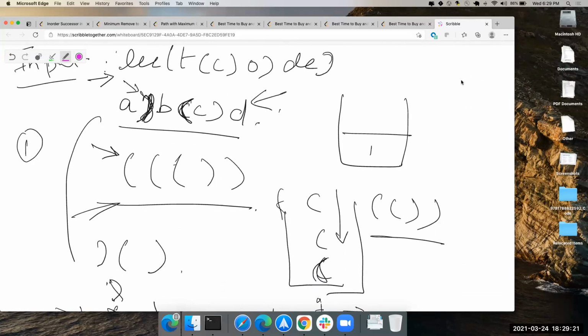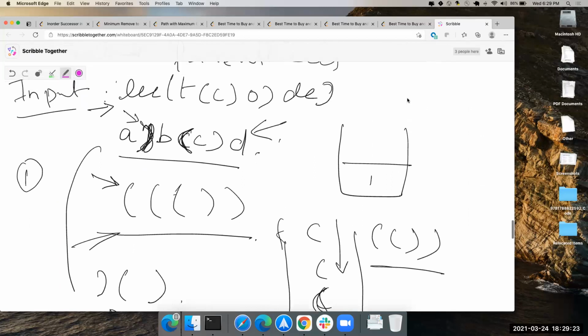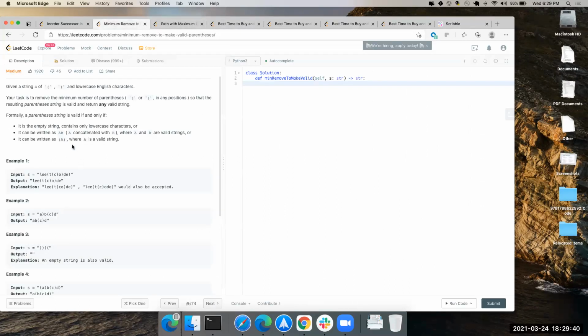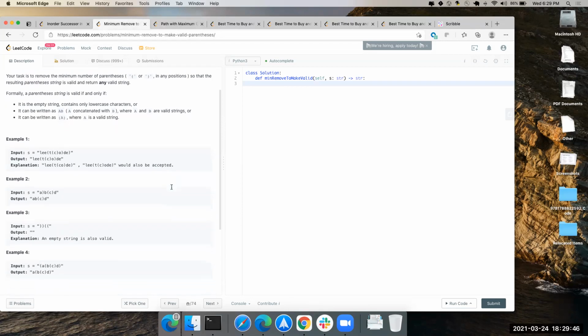So after LEE, there is an open brace. Once you've decided that here there are 2 open braces and 3 closed braces, I cannot add this, I won't add this. Oh, okay, got it. You are copying it as is. There are multiple solutions, and your explanation would also be accepted. Got it.